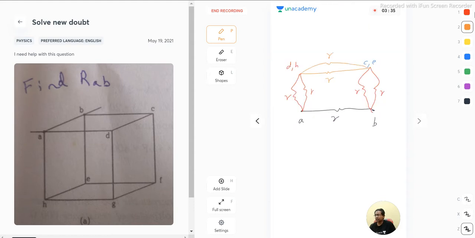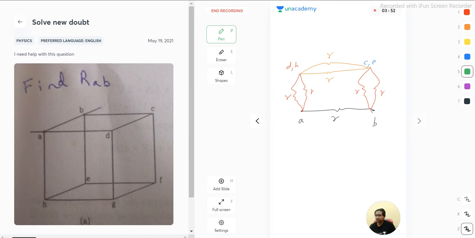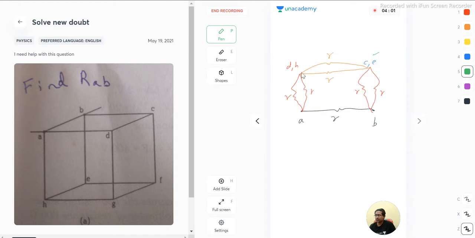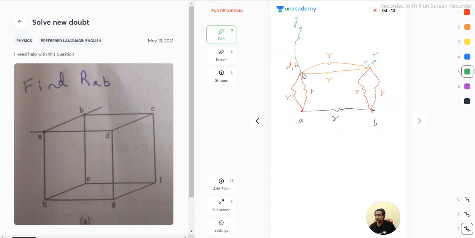Okay, now let's move forward, and we can see that further we have the point D. Where is point D we have? Point D is present here itself. D is connected to C, that we have represented, okay, here, and D is connected to A, that's already we have represented, but D is connected to G as well. Okay, D is connected to G. Now H, in the same way, H is connected to G as well, so that means H is also connected to G. So these are two resistors.